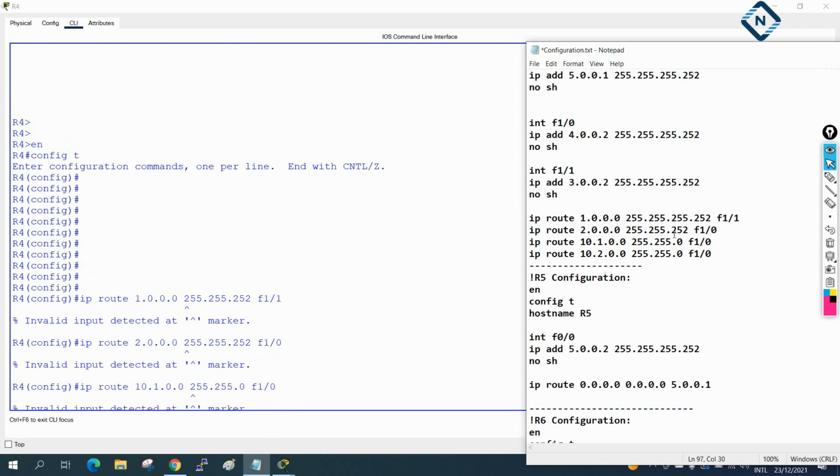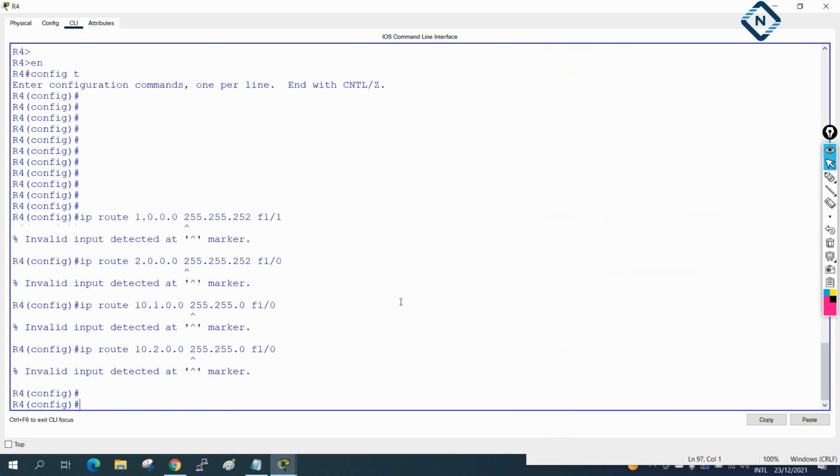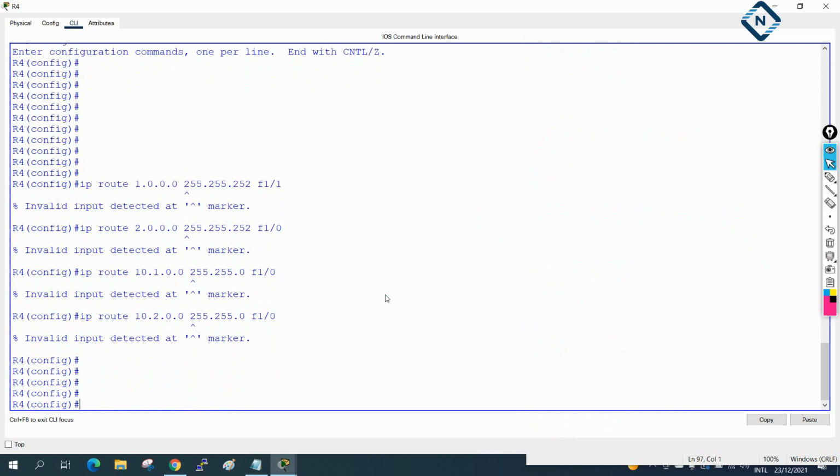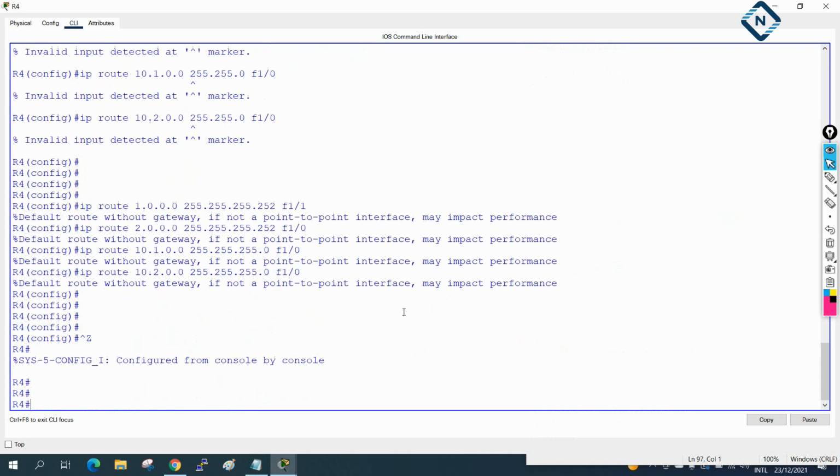Okay, that's why here also 255 dot, and here also 255 dot, and here also 255 dot. Okay, so now it will be good. I will copy now, I will paste now. Let me paste again. Now everything is good.